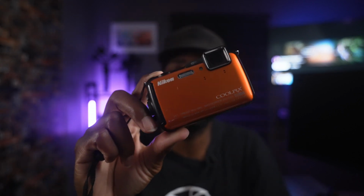I bought it, I liked it. It did what it did. It was nice, waterproof. I actually still use this to this day, as I just came back from Curacao using this camera. It's a fun little camera to use. So anyway, I ended up getting that and took some better pictures. That kind of led me down the rabbit hole of, oh, now let me get something else